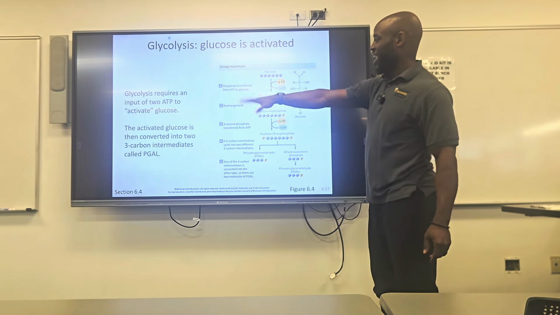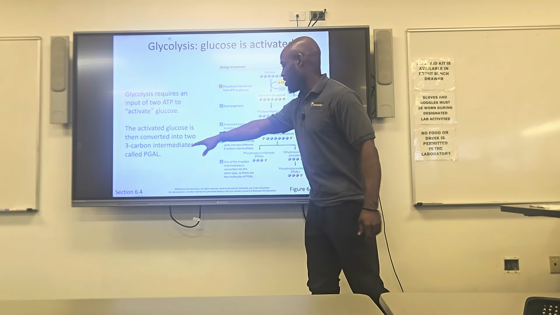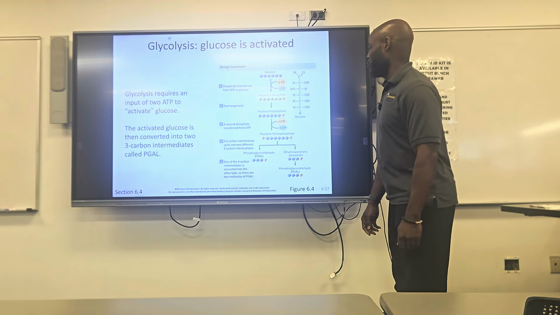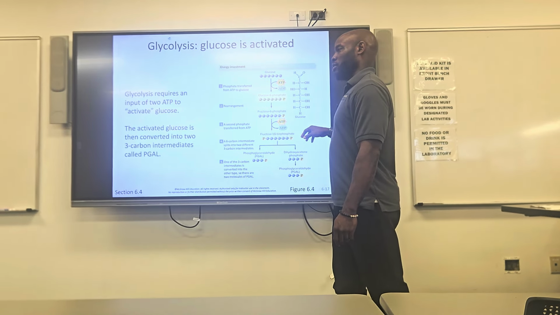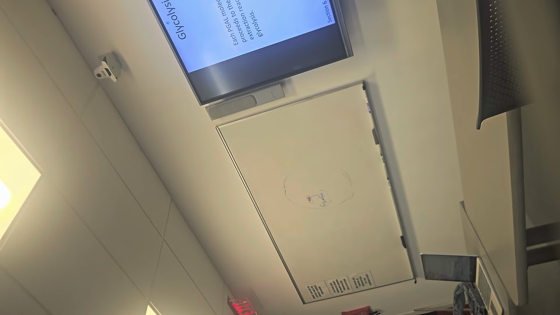Glycolysis requires the input of 2 ATP to activate the glucose. Activated glucose is then converted into the 3-carbon intermediates, so eventually the pyruvate. You're not leaving, are you? Oh, yeah, I was joking. All right, you don't need to know this whole equation. Just know that we get from the